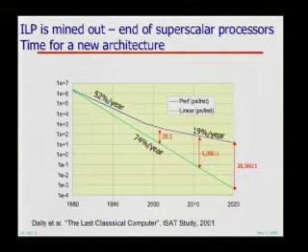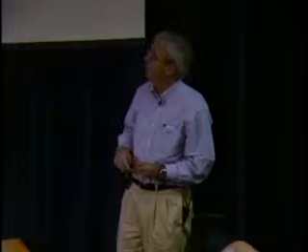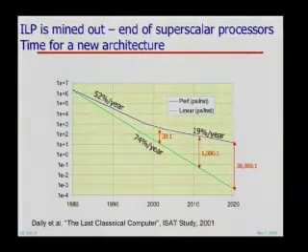The rate of 52% per year, if you dissect it, has three components. One component was making pipelines deeper. If you started in 1980 with an 8086, these were all Intel processors that were used to draw this curve, in fan out of 4 inverter delays, a pipe stage, a clock cycle, was about 110 fan out of 4. By the P4, which is 2001, depending on whether you count the double pumped ALU or not, it was either 4 or 8. And that was actually an overshoot of where you wanted to be.